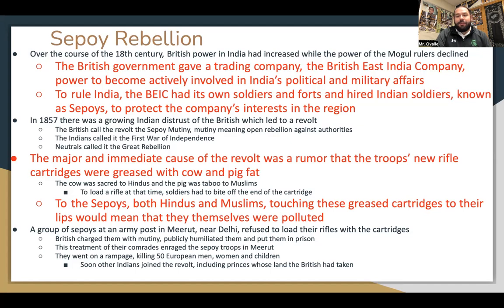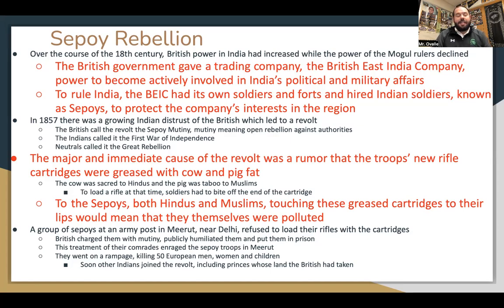And to load a rifle at this time in history, soldiers would have to bite off the end of the cartridge to dislodge the bullet into their rifle. But to the sepoys, they are both Hindu or Muslim. Touching these grease cartridges to their lips would mean they themselves were polluted. It's against their religion. It's against their beliefs. And there was this rumor that the British did this